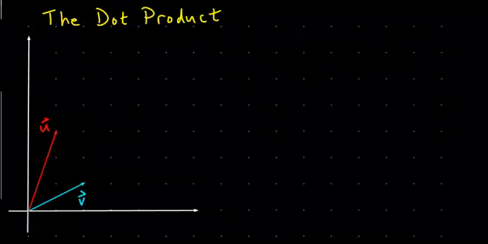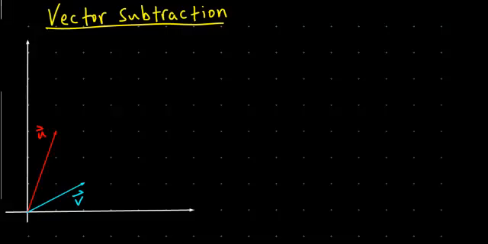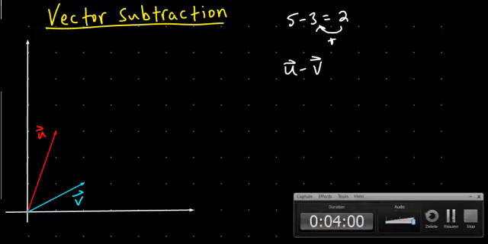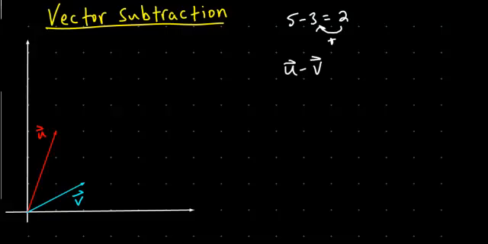Oops, I don't want to do the dot product yet. Let's do vector subtraction. First of all, let me talk about our regular subtraction, because I find vector subtraction to sometimes be confusing just to look at it. If I wanted to do 5 minus 3, well, we know that equals 2, because 2 is what I add to 3 to get to 5. So, for example, if I do u minus v,